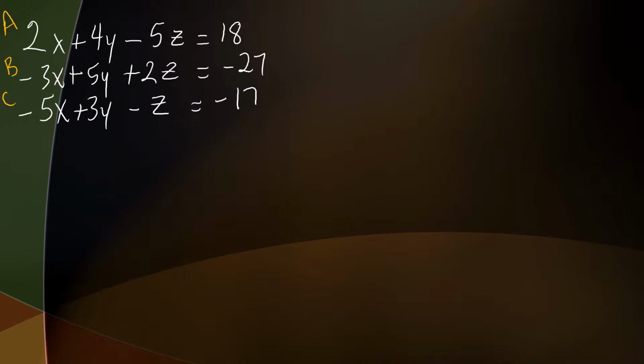Now again, you don't have to approach this the same way. You could look at these same three equations and start eliminating in a different manner, but again, the first step I'm trying to get to is to get these equations into 2 variables. So let's take this C equation and I'm going to put up here, BC. So I'm dealing with B and C, and I'm going to take this C equation and multiply it by 2. So I got 2 times negative 5x plus 3y minus z